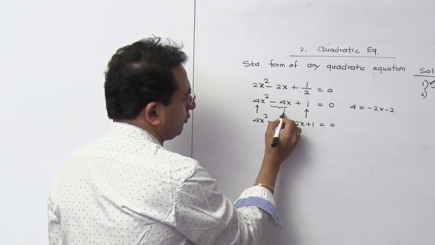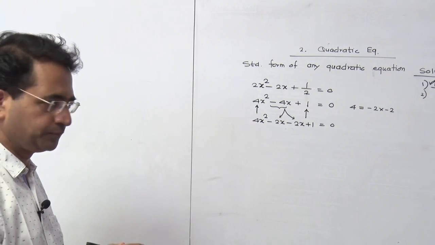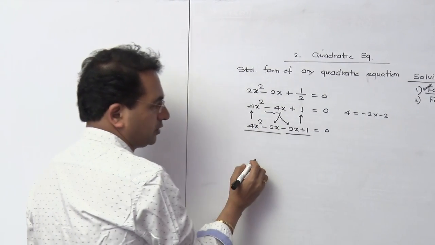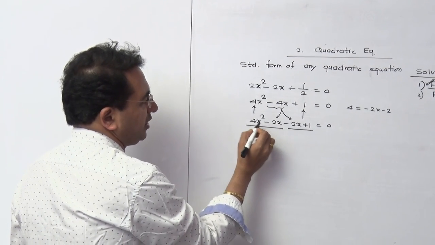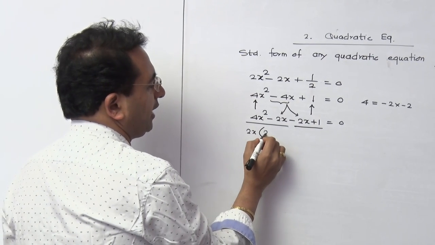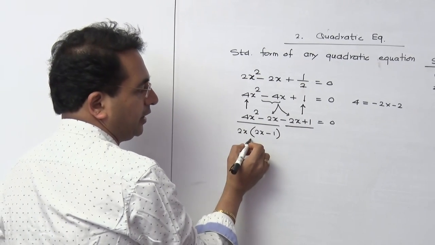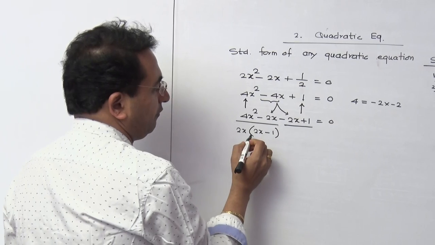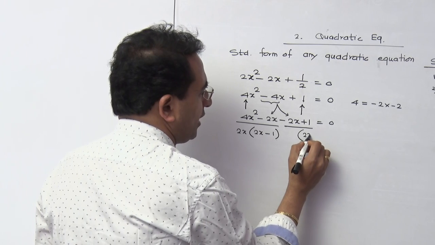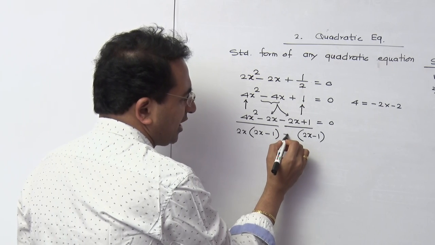See, in the earlier sum also I have made it like this. This is called splitting of the middle term. Now once you split this, you have to underline the first 2 terms and the last 2 terms. From the first 2 terms, we can take 2x common. In the bracket, we have to write 2x minus 1. Is that right? Now what I told you in the earlier sum, we have to repeat this bracket by leaving some space here, that is 2x minus 1. And to maintain minus 2x, I should just write minus 1 here.